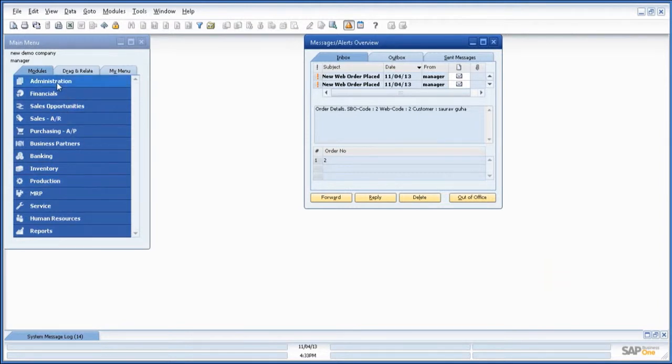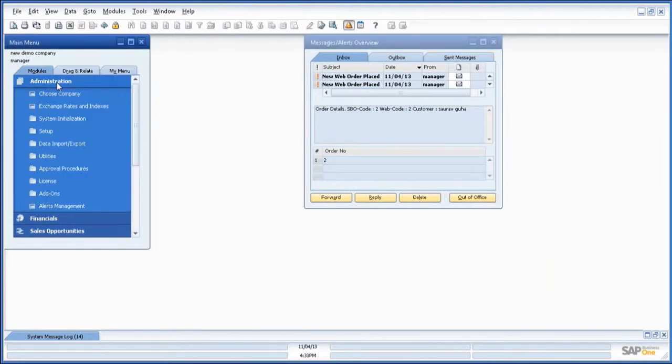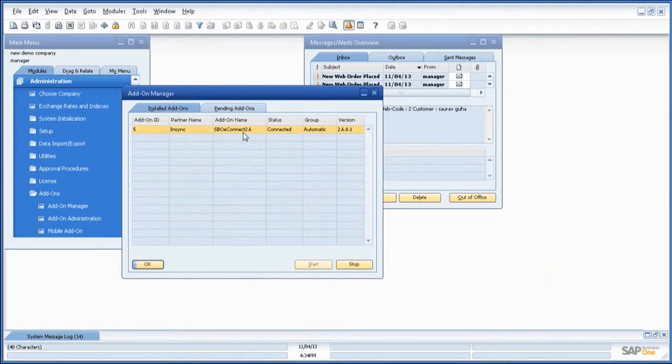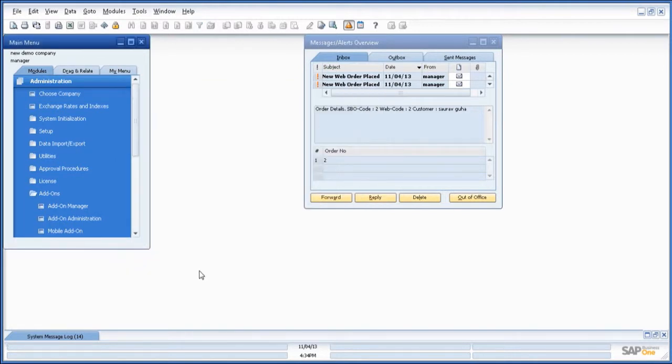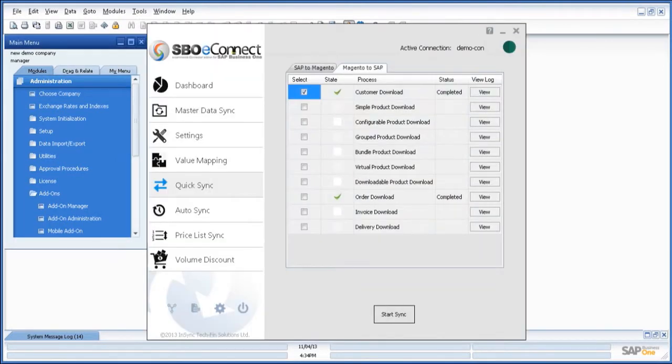So the components which are available within the SAP server for the integration, if you go to the administration and the add-on manager, we'll be able to see this is the add-on which is running within the SAP Business One as well as installed, and through this add-on SAP Business One is able to exchange the data with the Magento e-commerce system. Similarly, we have a middleware software within the SAP server, and this configuration is mainly provide us the option to configure the connector as per the customer's business process.